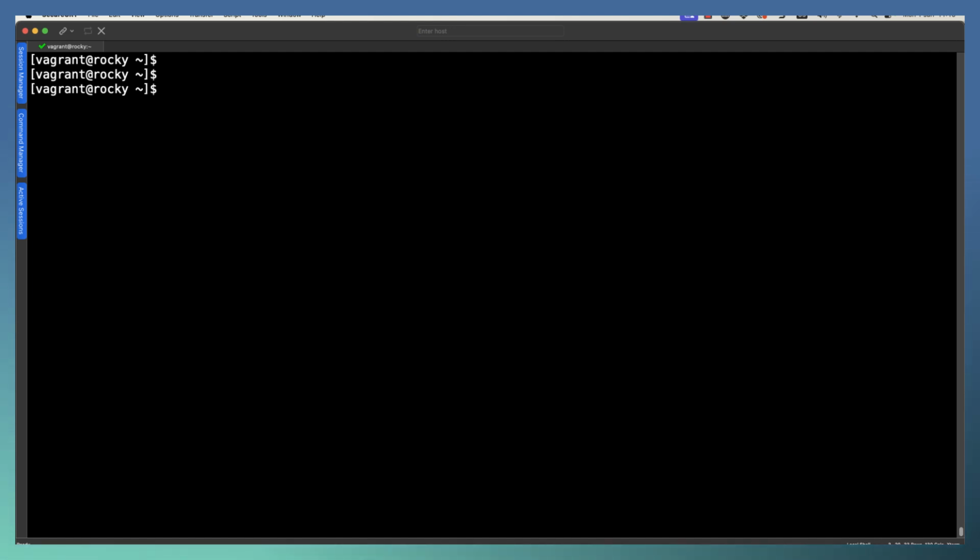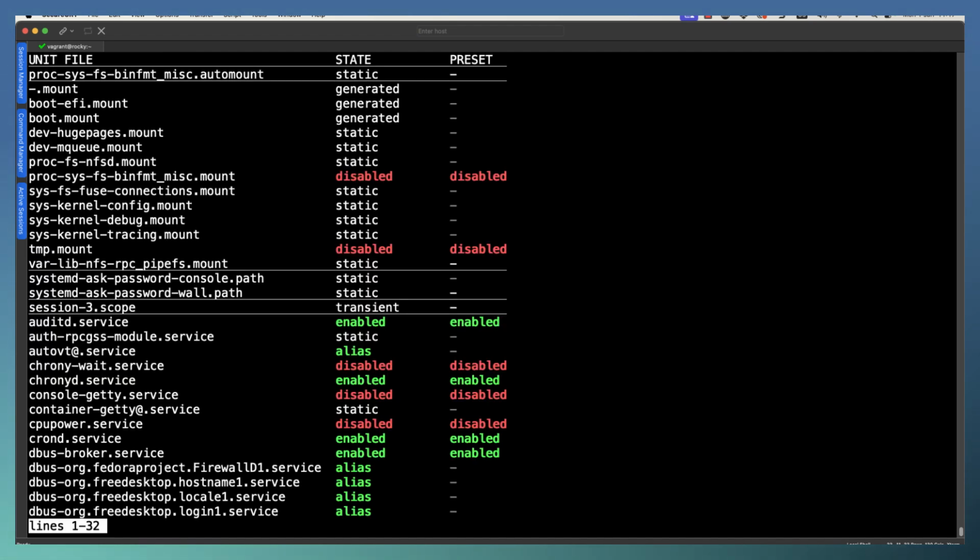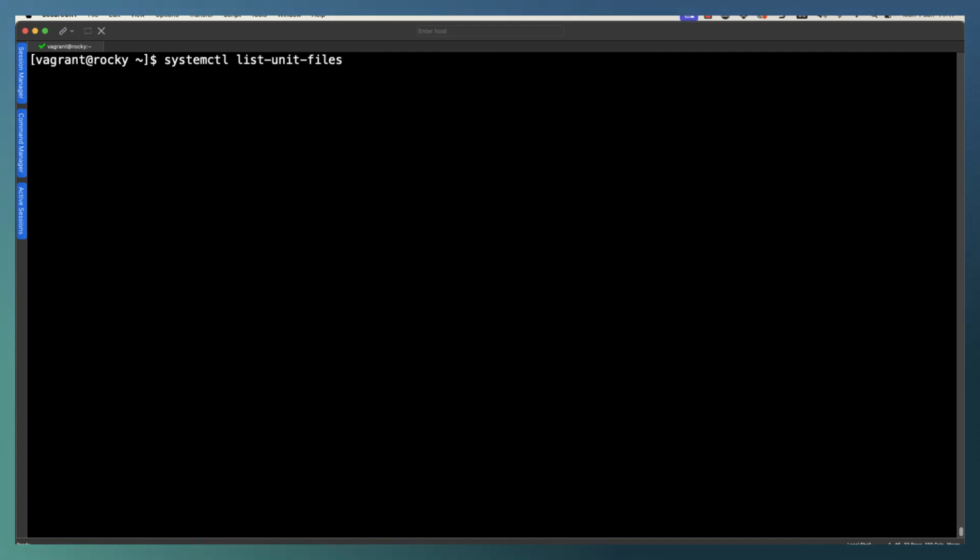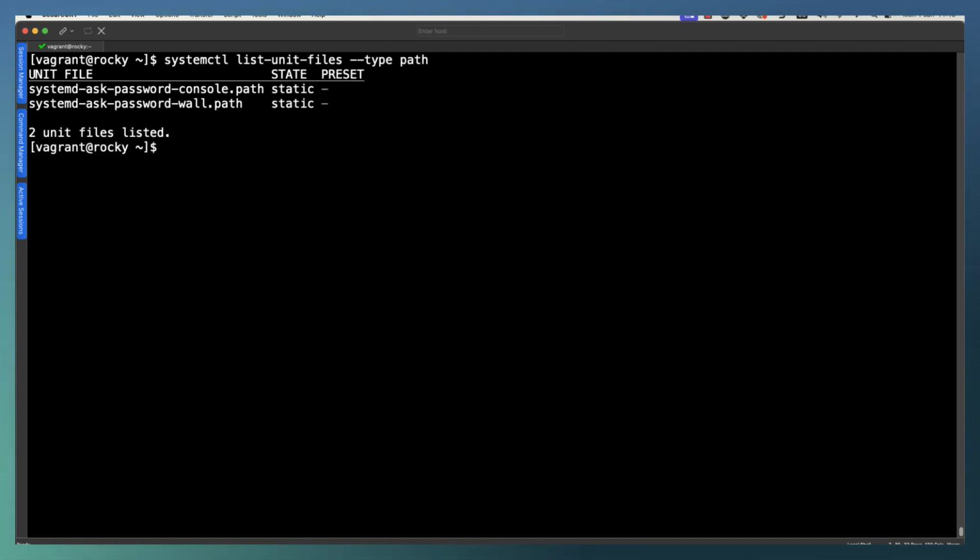The first thing that we can begin with is by taking a look at systemctl for existing path units. So if I go through to list-unit-files, of course we get to see a lot of different types of files, which isn't so useful, but I can add in an extra filter, --type=path, and you can see, on this Rocky system, I have a couple of path unit files.